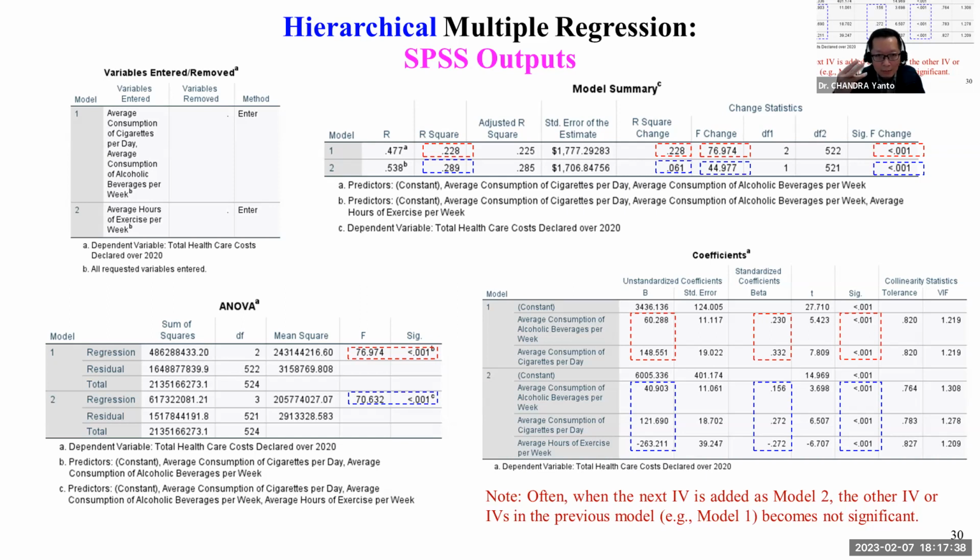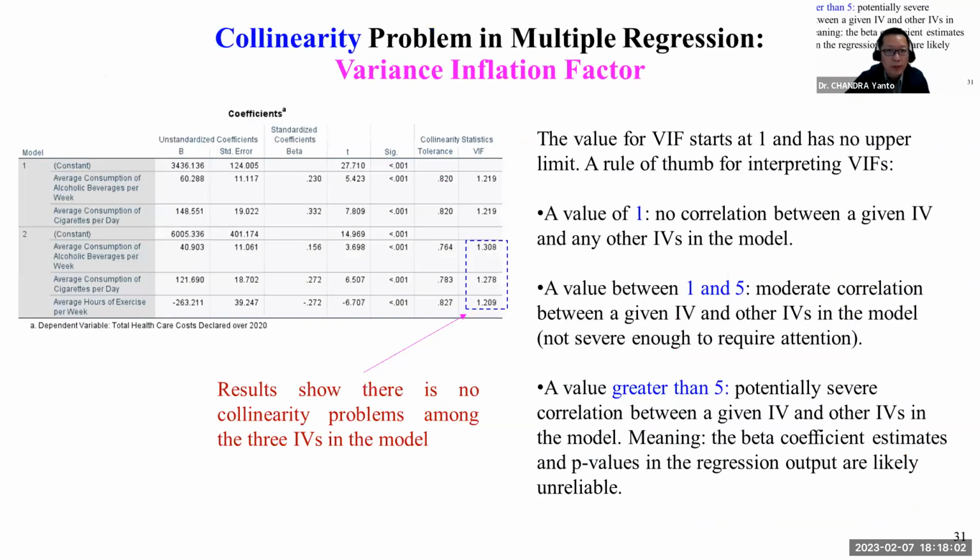But in some regression, or in many analyses even, when you enter a certain variable, the previous variable becomes insignificant. So for example, you add the first two variables and they're significant, and you add the third variable in the second model, it could make one or both of the previous variables not significant. It's possible. So this is why this hierarchical regression is quite interesting. So when you do this hierarchical multiple regression, you will have this VIF value, variance inflation factor, and variance inflation factor tells you about